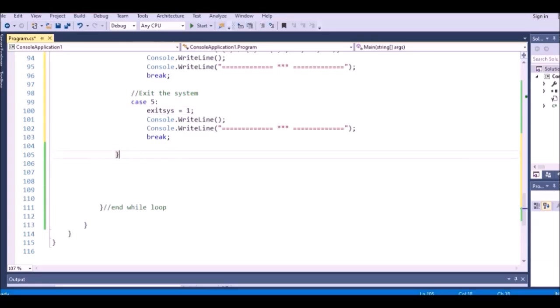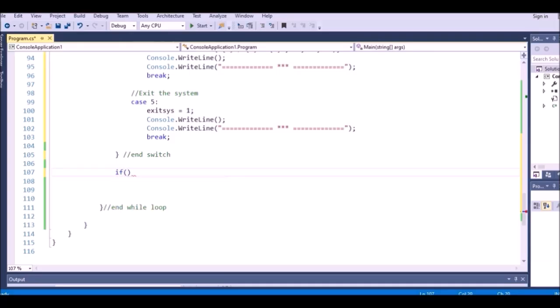So outside this one for the switch, right? This one for the switch. So outside the switch, I will change to be if